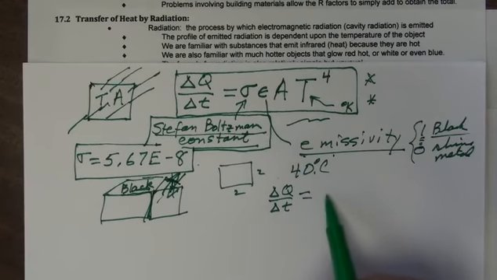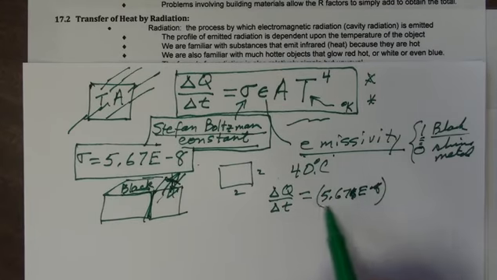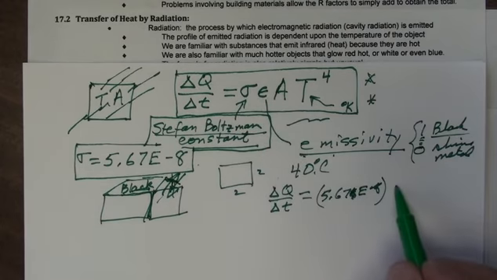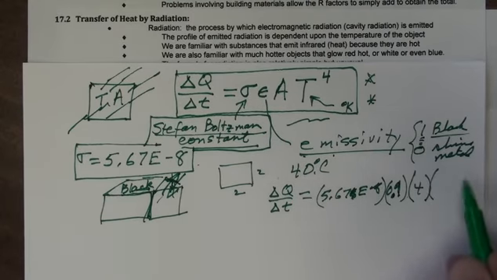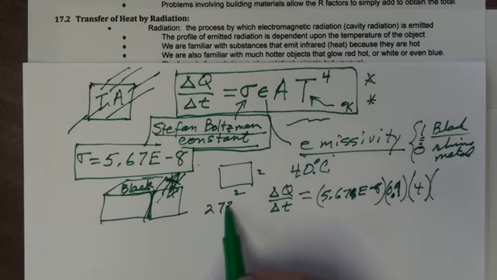So this would be given by sigma, which would be 5.67 e to the minus 8. And you're going to multiply that by emissivity, and it's going to be close to 1. You might put a 0.9 there if it's not perfectly sooty looking asphalt. And you'd have an area of 2 times 2 is 4. And then what would your temperature be? Well, I said 40 degrees Celsius. You've got to add that to 273.15. So you're going to add 40 degrees to that,